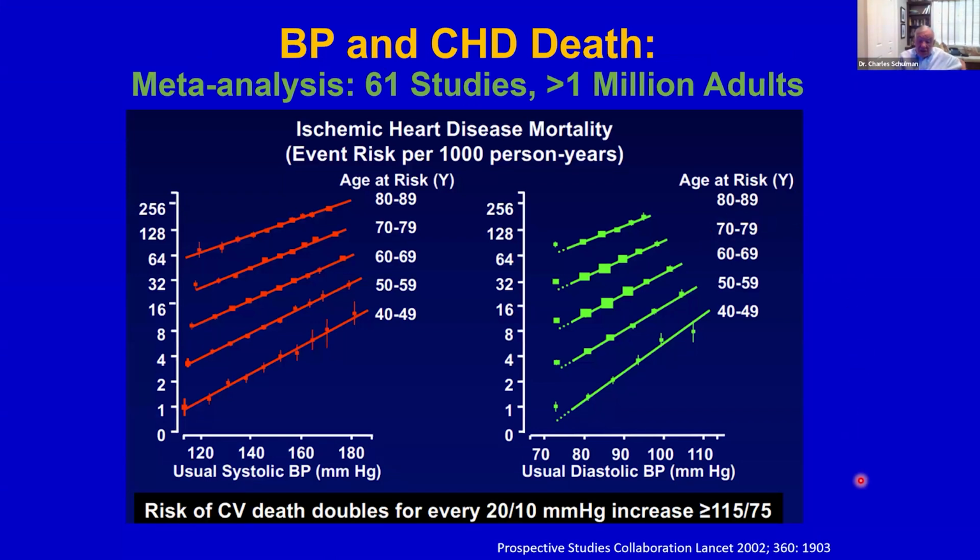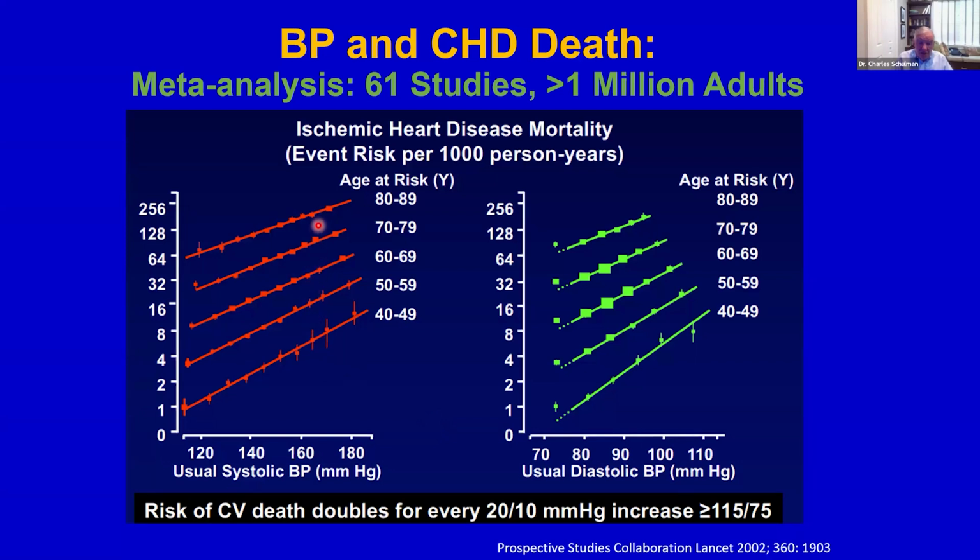This is not new data. This is 20-year-old data on blood pressure and coronary heart disease death. A meta-analysis of 61 studies of over 1 million adults, correlating age and blood pressure and risk of ischemic heart disease mortality. And as you can see, there are a series of curves